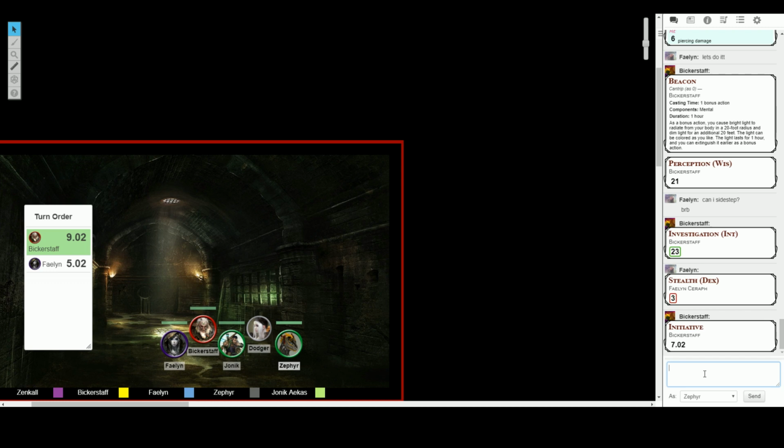Zephyr. Okay. Oh, my initiative only shows Bickerstaff. Okay. Let's see here. So I see the shadow starting to move. Do I see it moving around underneath the surface of the water? It's just started to move southwards. Can I do some kind of check to know if this is a beast or if it's like a monstrosity or...